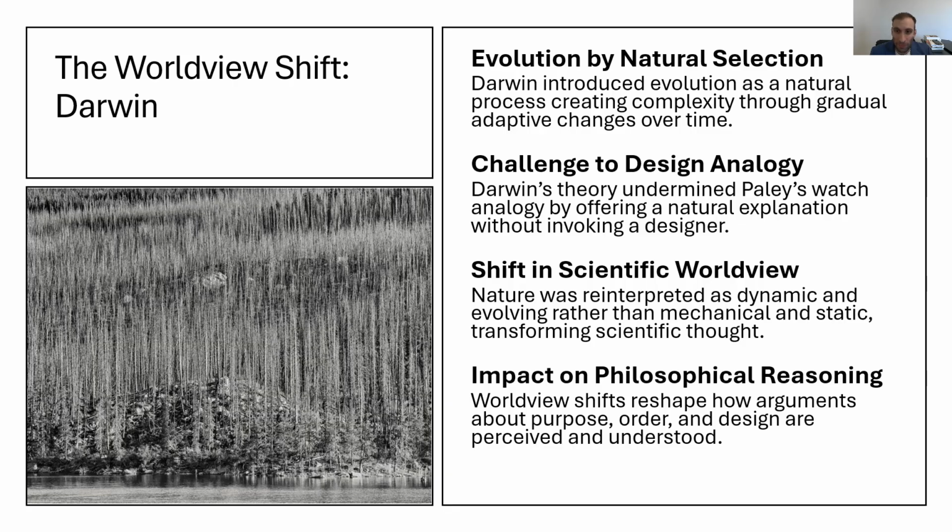Earlier, I gave the example of predator and prey. Paley will tell us that the placement of the eyes for both is due to God's design. Darwin, however, will have us think that the eye placement evolved over many, many years because it helped each species survive. The eyes of a predator are placed the way that they are because that placement is optimal for finding prey. The eyes of prey, on the other hand, are placed the way they are because that placement is optimal for avoiding predators. In this view, you do not need God to explain the way the world works.